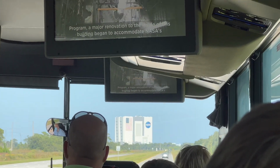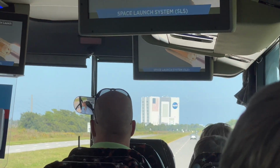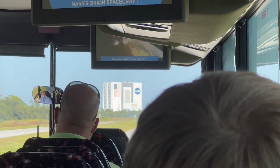Renovation to the inside of this building began to accommodate NASA's next generation of rockets, the Space Launch System, or SLS. Lockheed Martin has developed a capsule called Orion that will sit at...